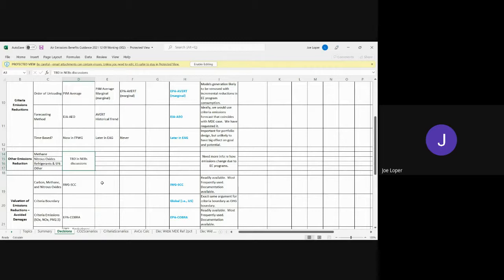I've got calls and emails out to old friends in pretty high places asking them to get data together, but so far nobody's sent me anything. And I've Googled several times, just trying to find anything that touches this topic, and I don't see it. So I want to be clear, I think there's a huge